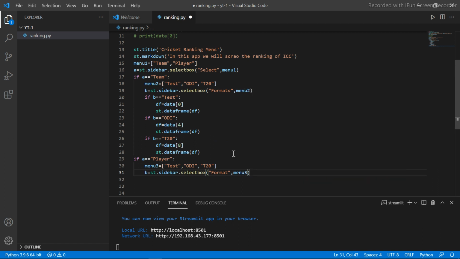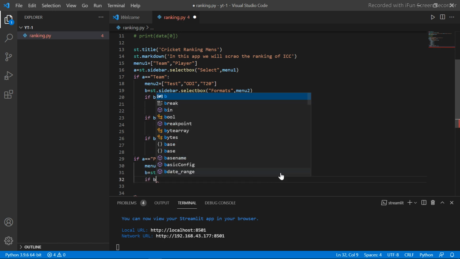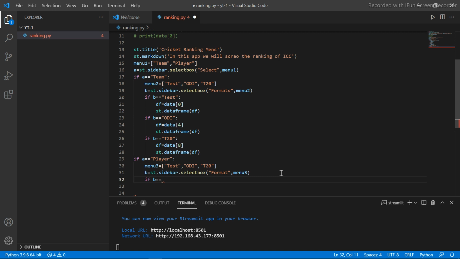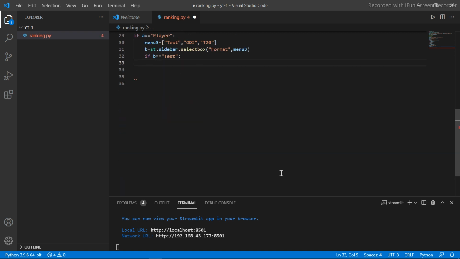Cool. Now it will have a select box for players. So let's suppose I have selected the test team. Now I want one more select box which will categorize my batting, bowling and all-rounder. Okay, so if B is equal to test, I will make one more select box and it will be in my main content, not in the sidebar.